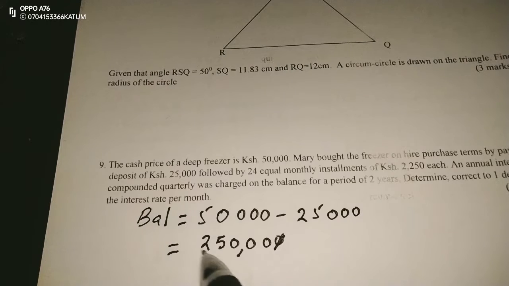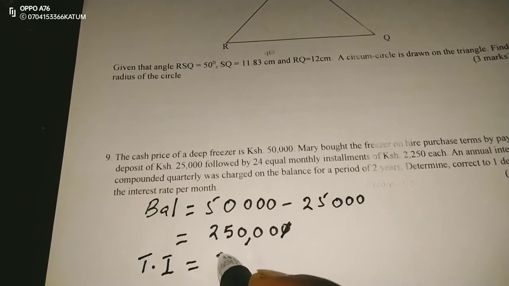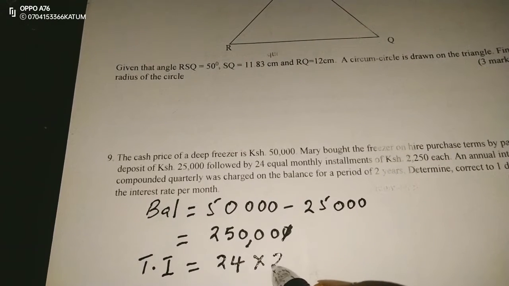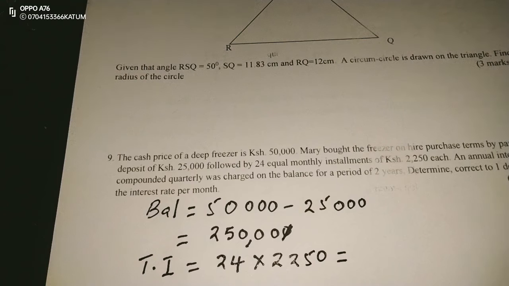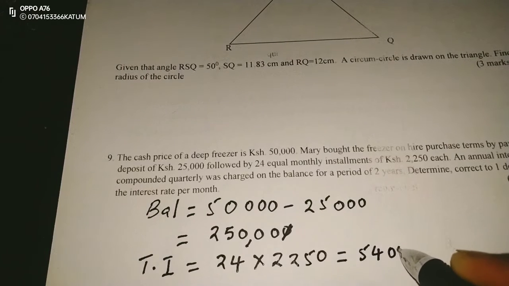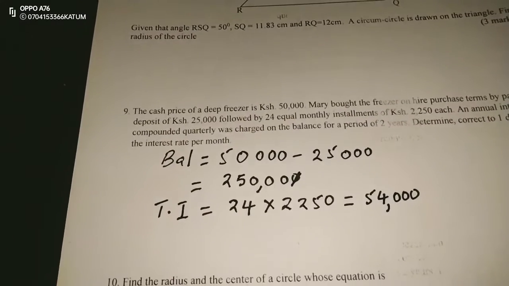But now, does she end up paying the balance in the 2 years? No, she pays more. Therefore, the total installments are going to be 24 equal monthly installments, and these installments are each 2250. So this means she is going to pay 24 by 2250. This is 54,000. So instead of paying 25,000, she will end up paying 54,000